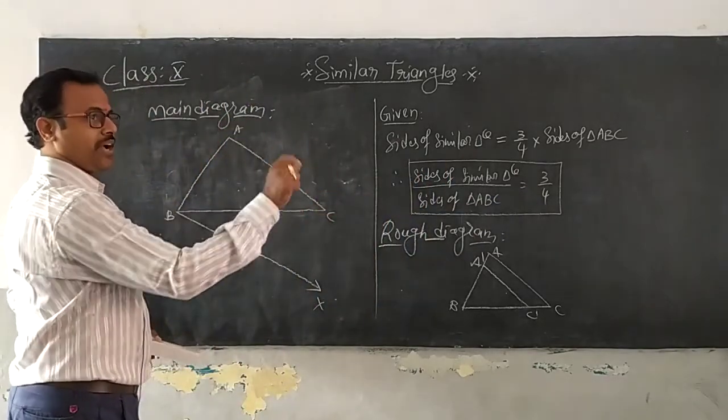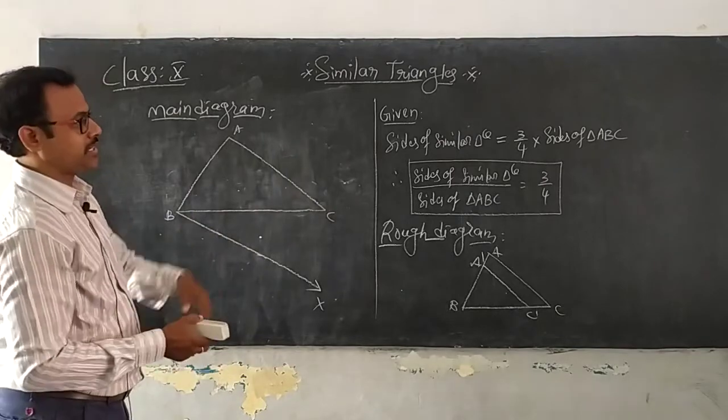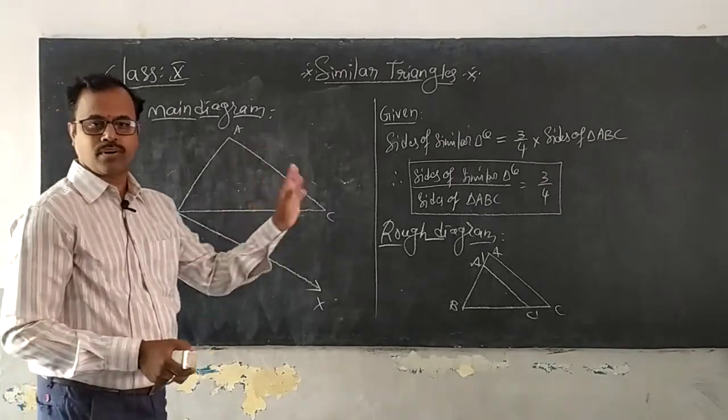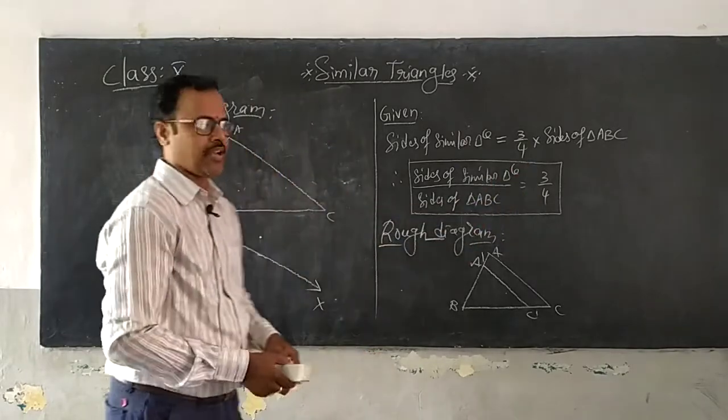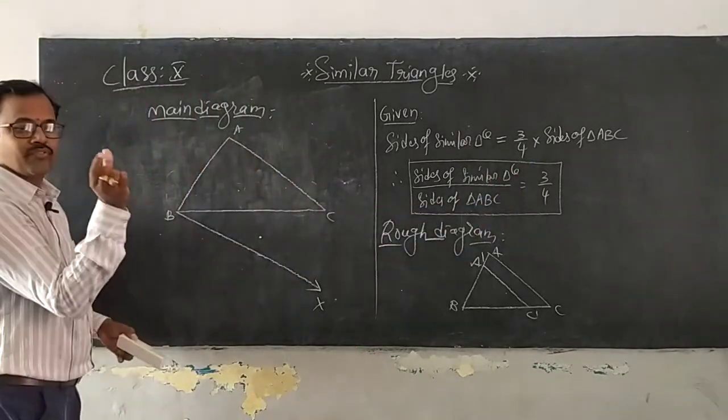Which is bigger, you have to take that one. Don't consider the similar triangle or the original triangle. I don't want that one. I want you to understand which is a bigger value, 3 or 4. 4 is the bigger value. So you have to draw the 4 arcs of equal radius.